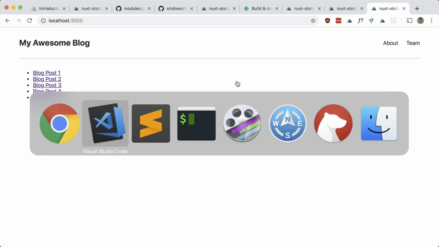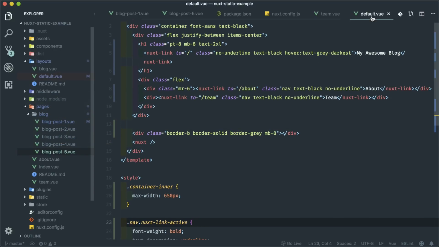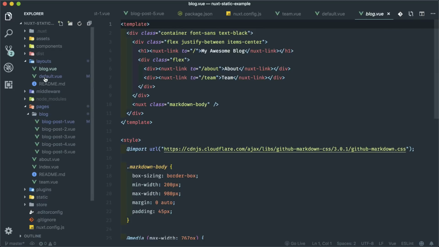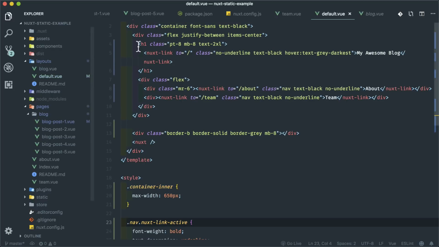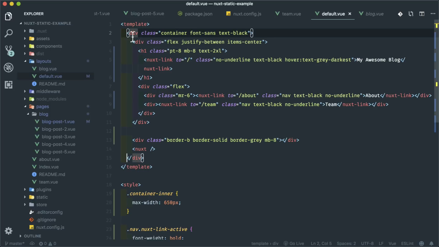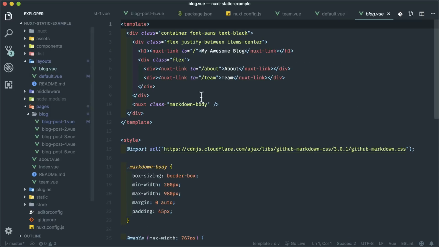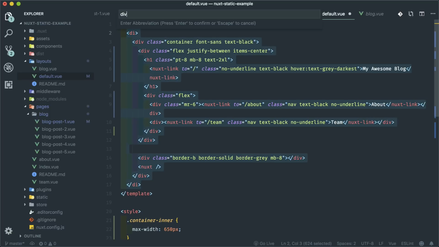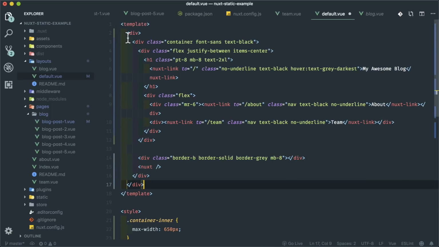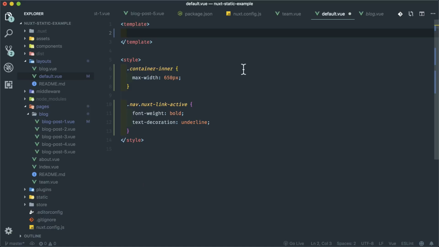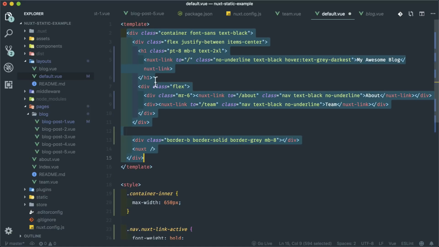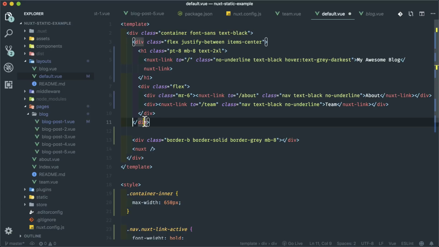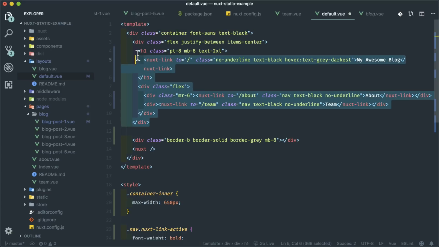So one more optimization I want to make. If you look at the default view and the blog view, these two are repeated. So all of this is repeated. I added some stuff in default, but that should be in blog as well. So we should extract this to a component. What I'm going to do is wrap this in a div, because a component needs a wrapping div, and I'm about to cut this all out. Not all of it, sorry. Just this part. So wrap this in a div,